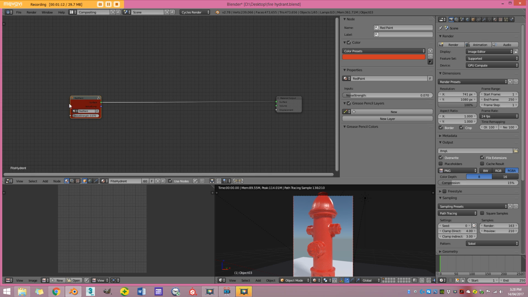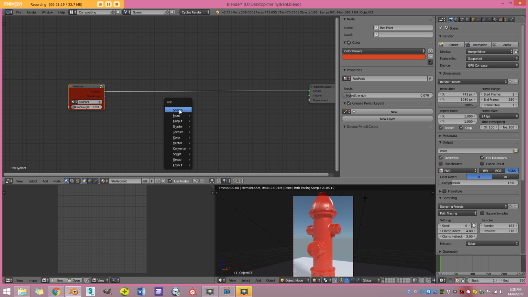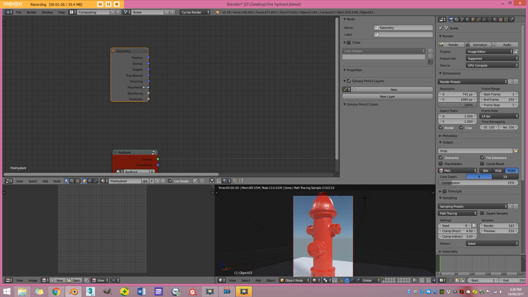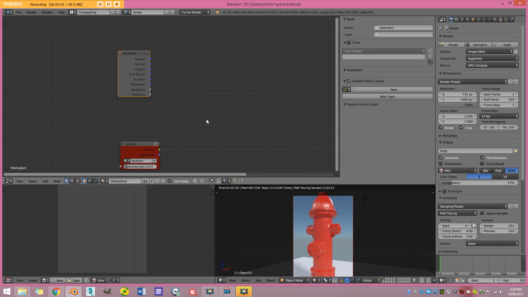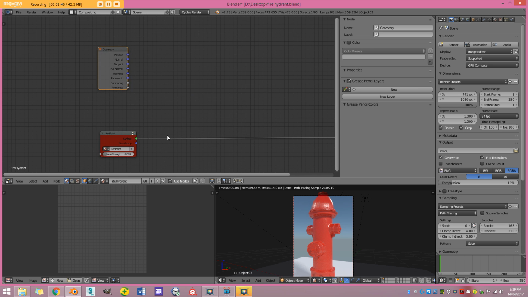So to not have this awful perfectly red surface, we're going to use what's called a geometry node. I'm going to press Shift A, search, and grab a geometry node. The geometry node has these options here, but the one we're interested in is the bottom one called pointiness. This node is going to tell Blender to look at your object and find certain areas that have a certain angle to them, and add edgewear to that surface. It's going to output a black and white value,